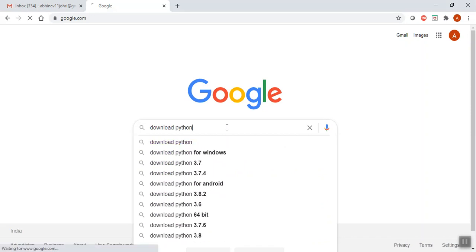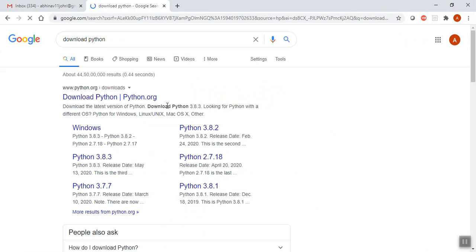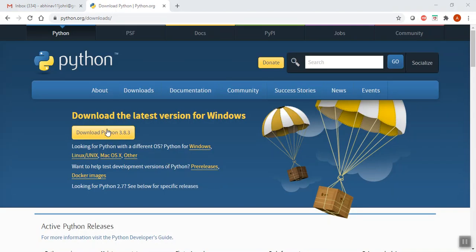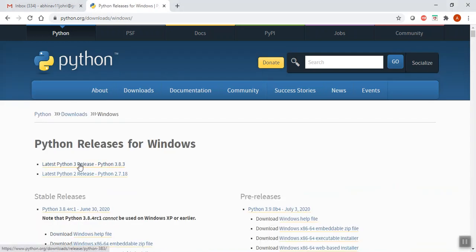The first site that comes up is python.org. Go inside it. Here you can see download the latest version for Windows. Go to Windows.